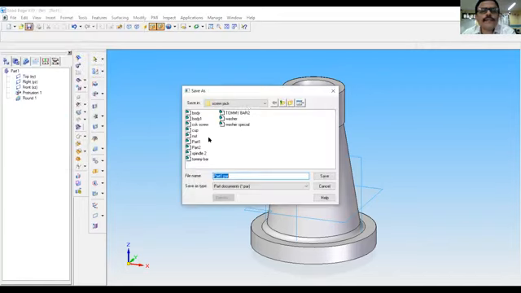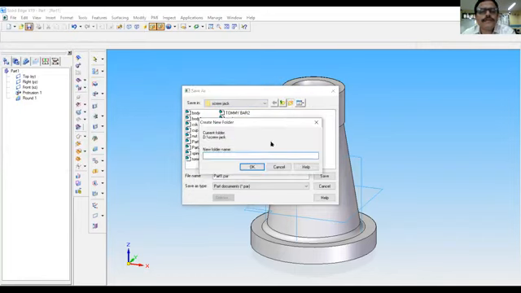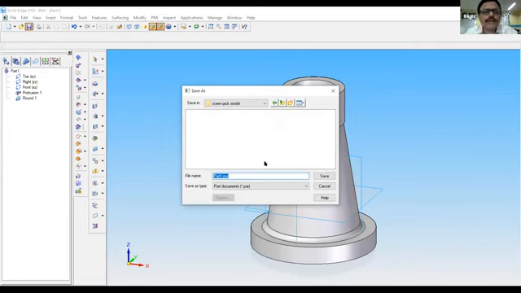And for doing the assembly, you have to create one folder. Create a folder named screw jack model. That is the name of the folder. Here we will save part 1, which is the body of the screw jack. It is called body.